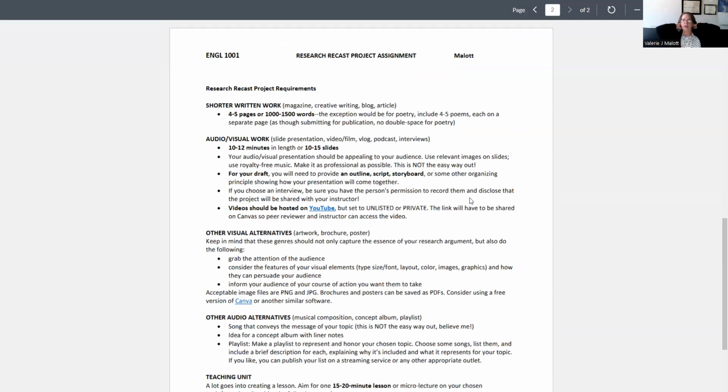So if you decide to do a shorter written work, it's going to be about half the length of what your research argument was. So we're aiming for about 4 to 5 pages or an additional 1,000 to 1,500 words. So if you're doing a magazine or creative writing, blog, it could be a series of blog posts, or it could be one long blog post, or if you decided to write an article. The exception there would be if you take your research argument and you create a body of